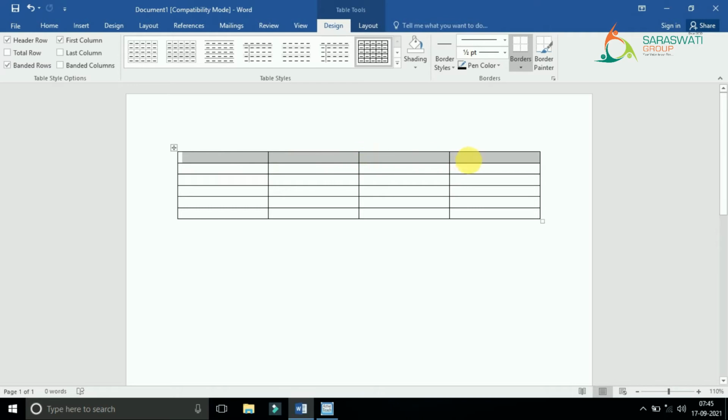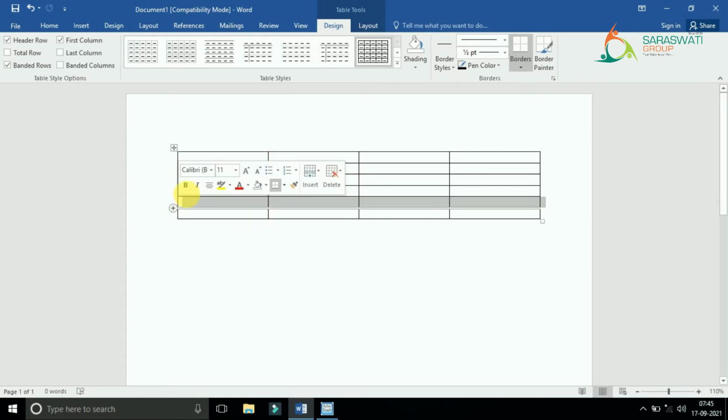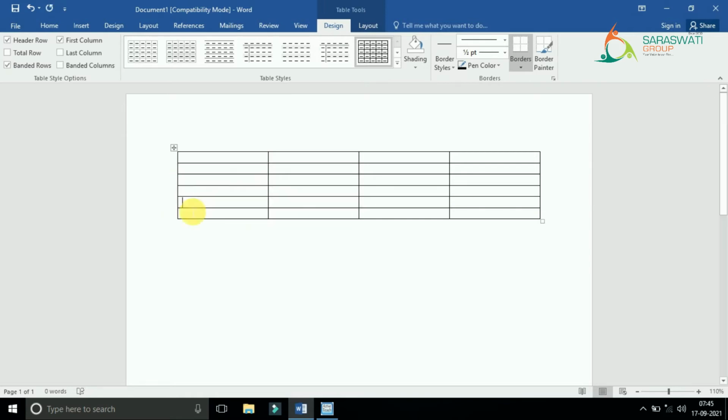This is first, second, third, fourth, fifth. I think there are a total of 6, right? And how many columns? This is first, second, third and fourth, right? So there are 6 rows and 4 columns.